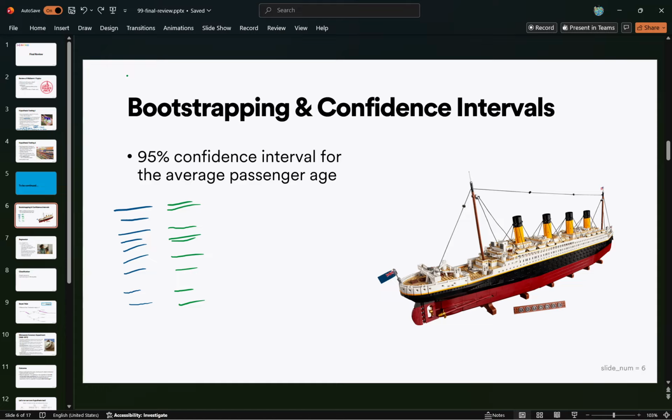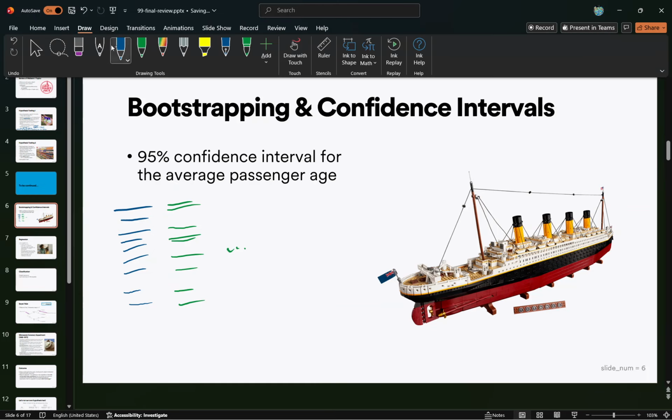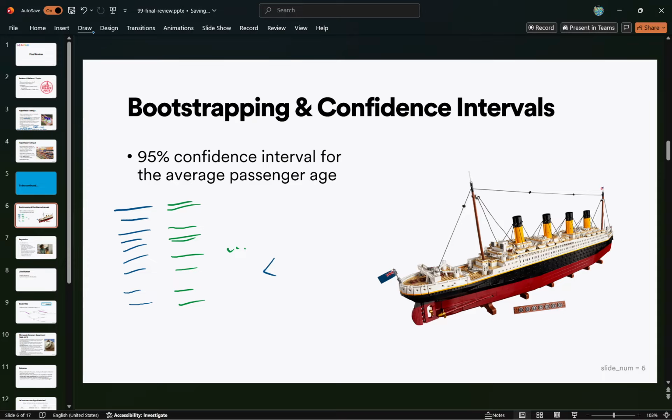And so the goal is, we do all these bootstrap samples. We calculate the average age of this one, average age of this one. Just do a million of those. And then we get a bunch of average ages, and we graph them. Right? We graph them, and we see,